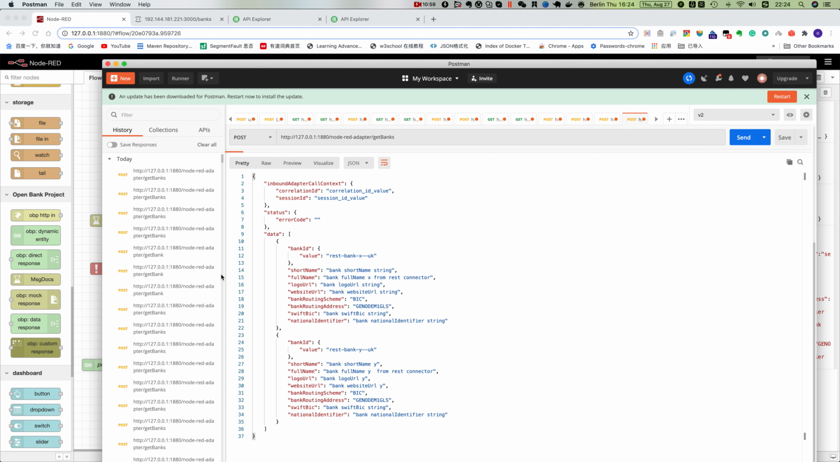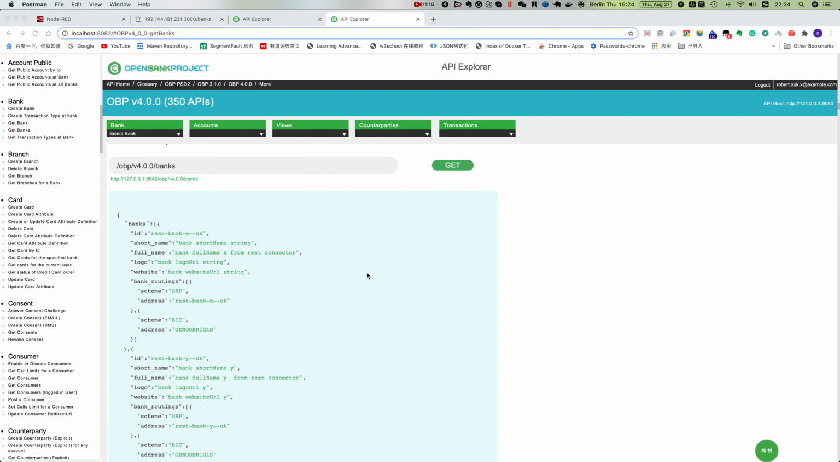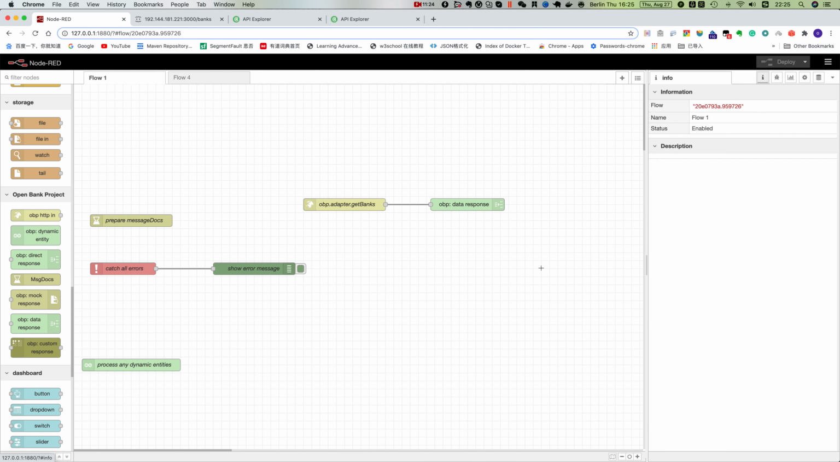Okay, we get the result, 2 items. Go back to Explorer. We also get the result, 2 items right here. Okay, here the result is just the same as